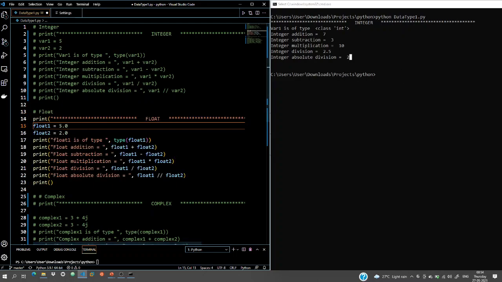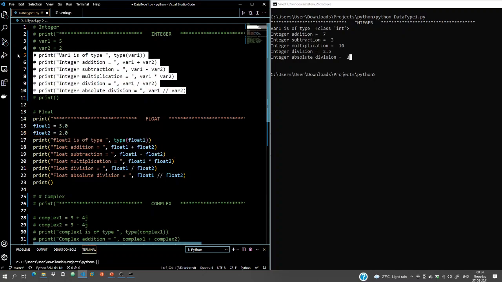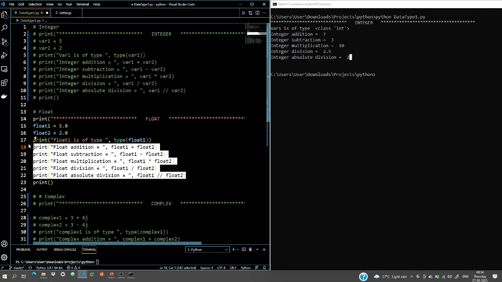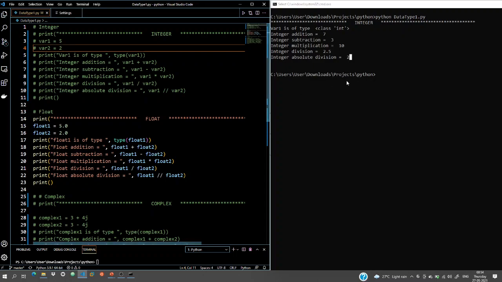See, so if you can see, I have declared two variables. Again, I have not provided any data type for these, and I'll try to print the type of this particular variable, and will perform the same actions that we have performed here. I'll perform those same actions here also. Okay, so let me run this, save this file, and run it here.